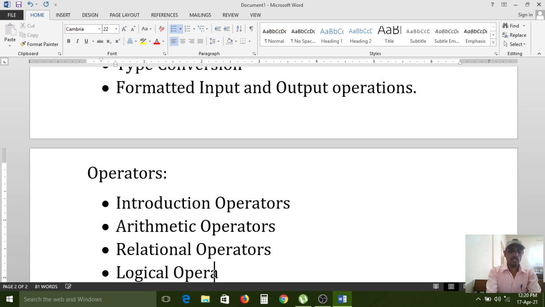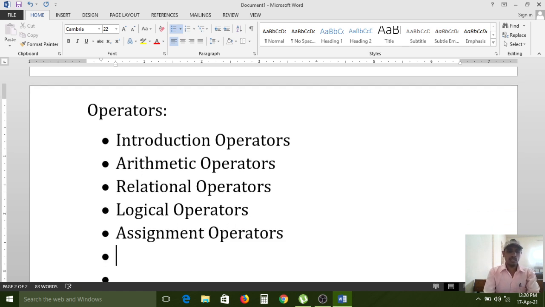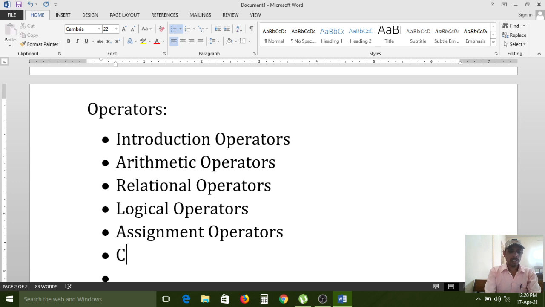Logical operators. Next, assignment operators. And next one, conditional operators.